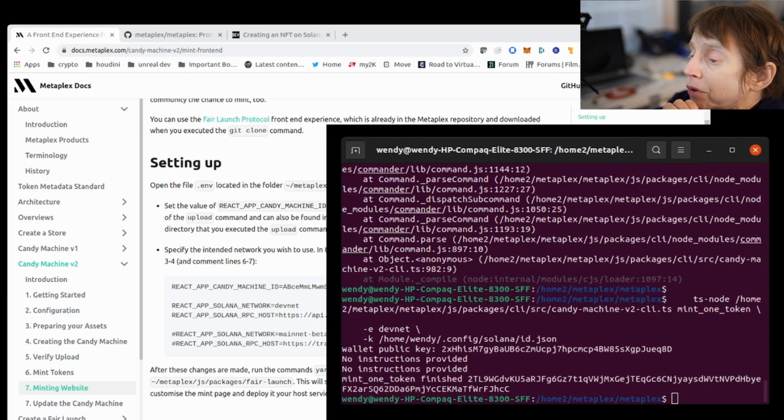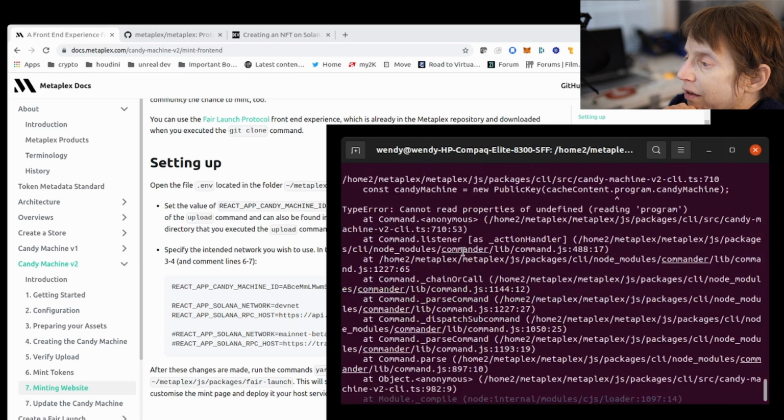That's why I was not able to do an airdrop. Once I rebuilt the Solana CLI with the latest version, then it would let me do an airdrop. Once I could do that, then it was able to successfully